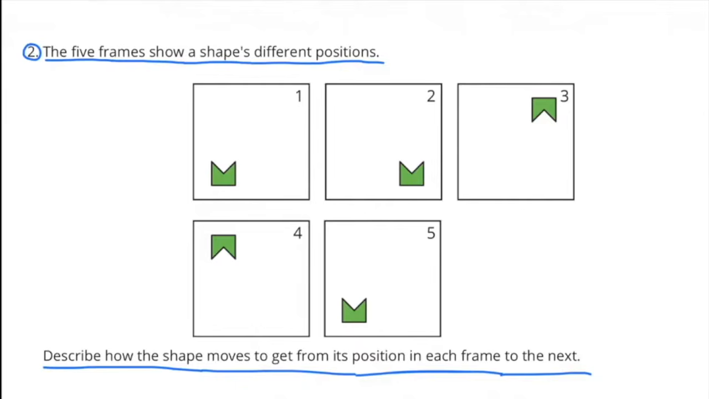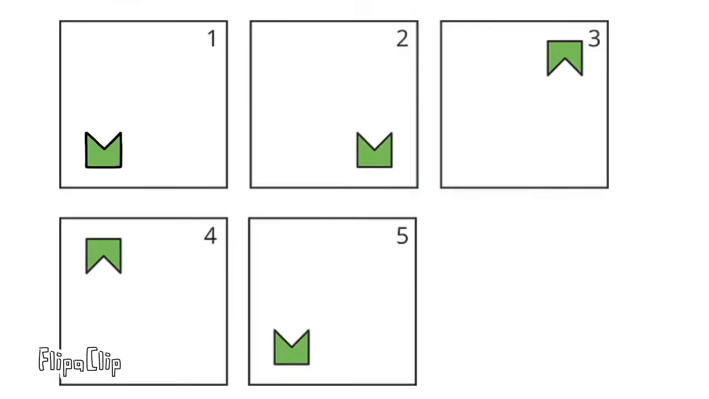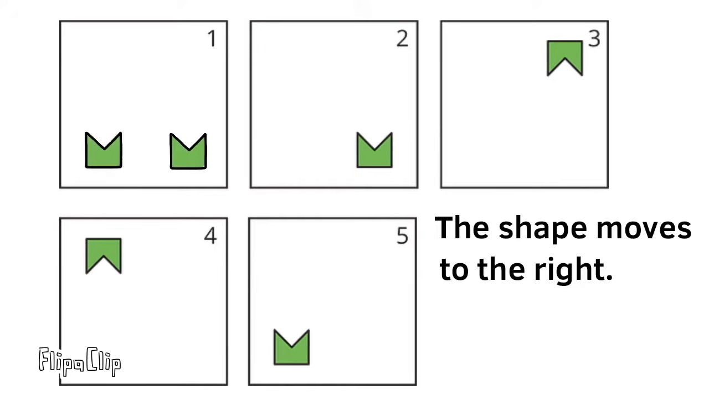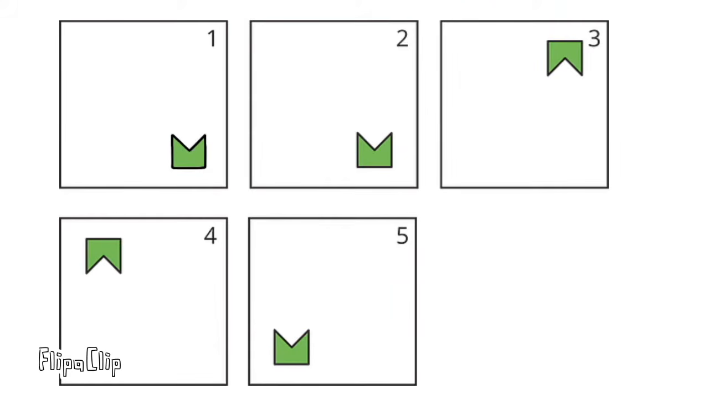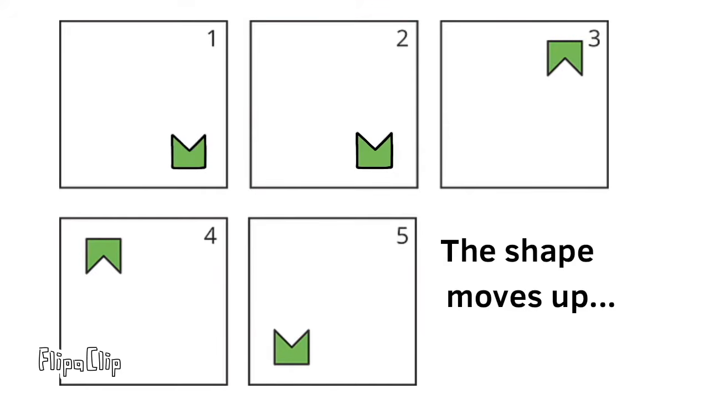Describe how the shape moves to get from its position in each frame to the next. For the shape to get from its frame 1 position to its frame 2 position, it moves to the right. For the shape to get from the frame 2 position to the frame 3 position, it moves up, then it